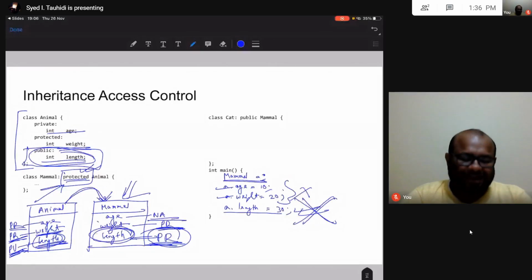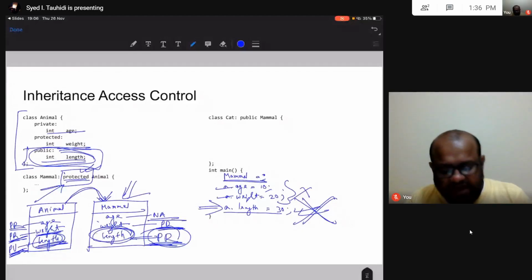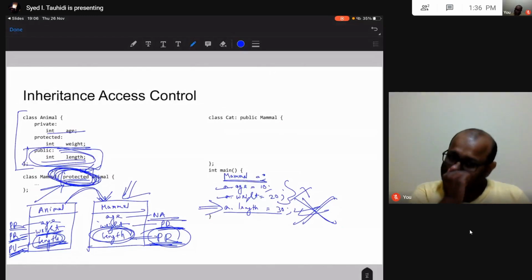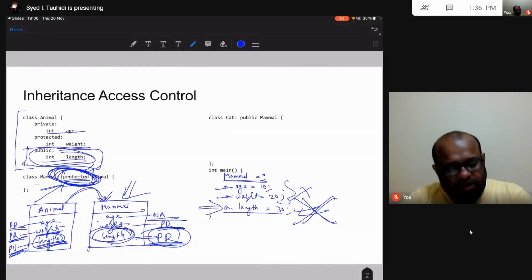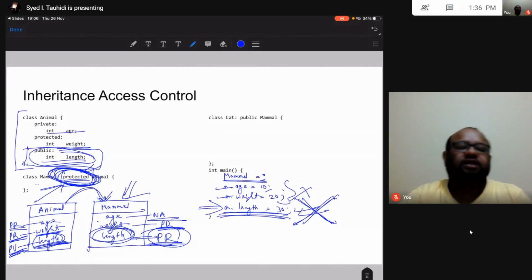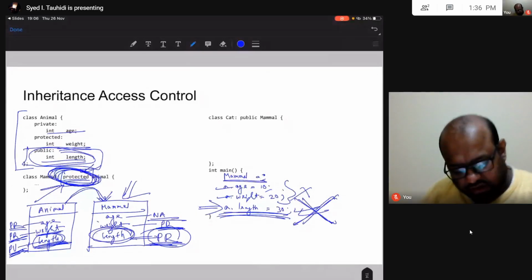Right now when I write protected instead of public, I can no longer access this. Why? Because these public data attributes become protected. So what happens in protected inheritance? Private is not accessible, protected stays protected, and public becomes protected. Okay, so this is what I have.